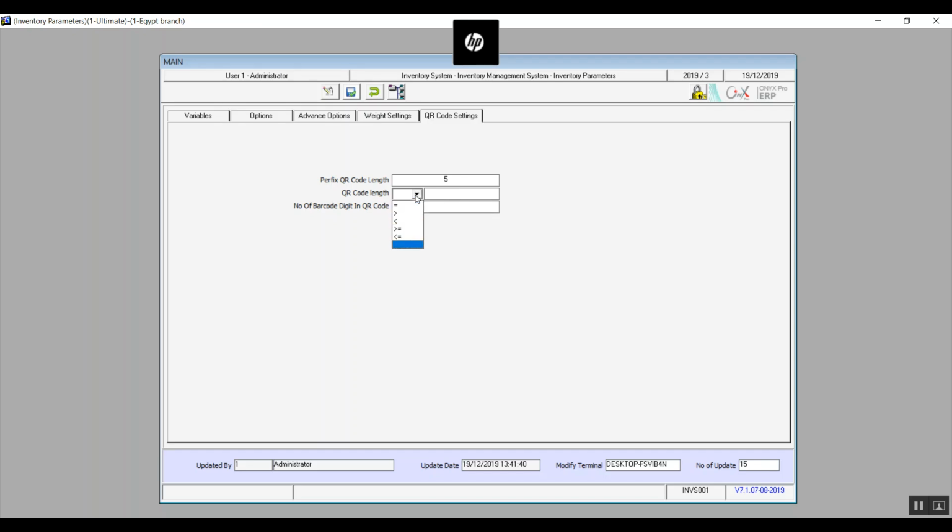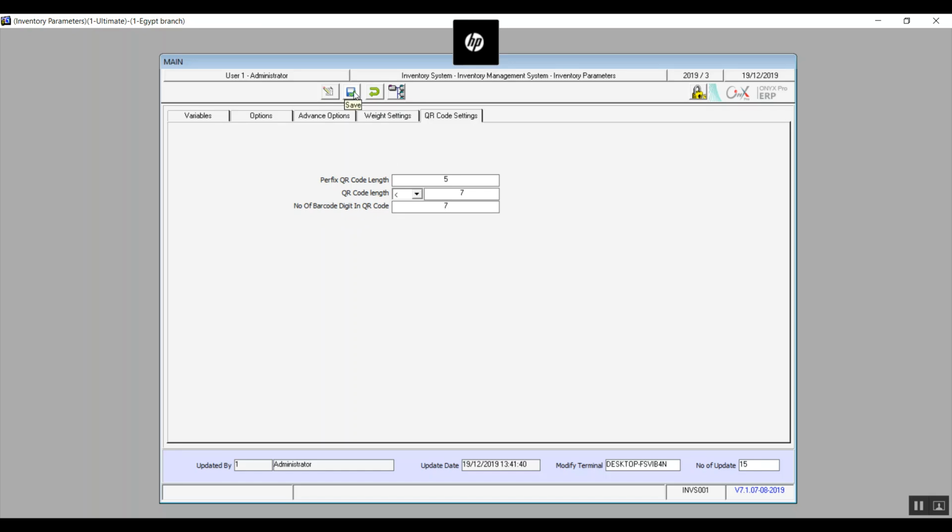If it's alphanumeric, then it's up to 4. If it's binary, then it's up to 3, and if it's kanji, then it's up to 2. For example, if we decided to work with numeric, then the QR code can contain data up to 7089, which is why we have these options: equals, greater than, and less than, and so on. Number of barcode digits in QR code. The title basically explains what this field does.